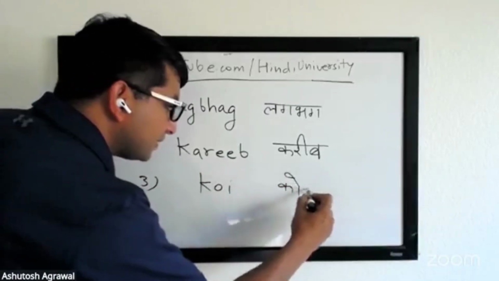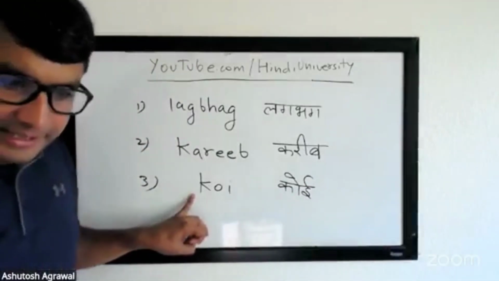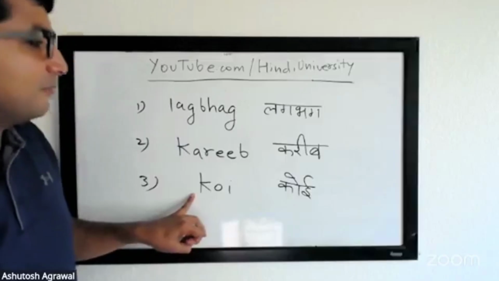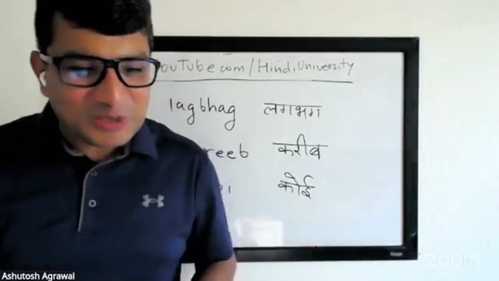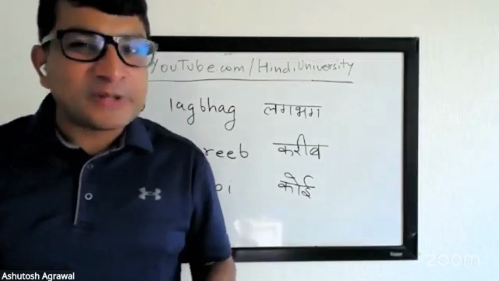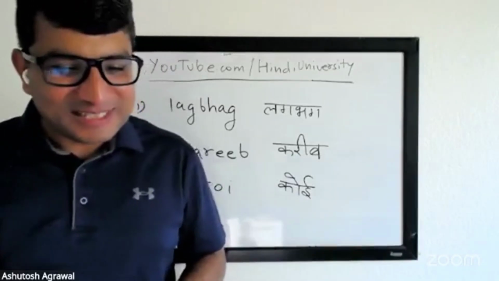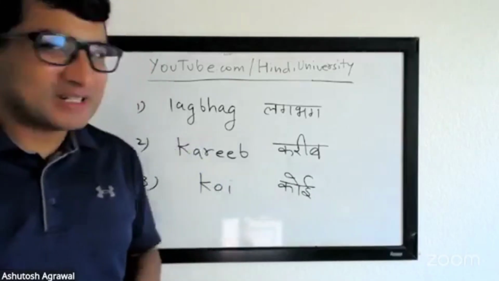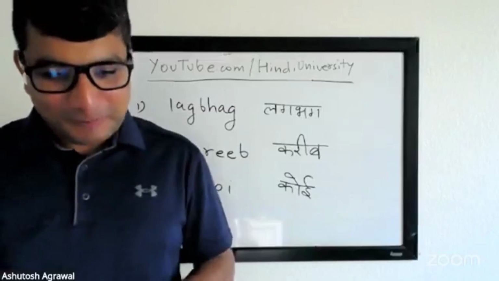Okay, koi. Michael ji, say it for everyone. This word, koi. Koi. Okay, wonderful, awesome. What do you think is the difference when all of them are being used? And Hindi speakers, when you talk to them, they use these three words interchangeably. Anybody would like to take a guess when to use which one? If there's a subtle difference in these three words.